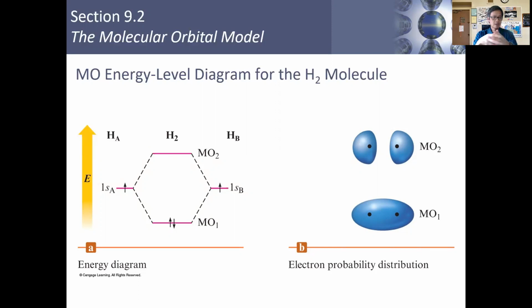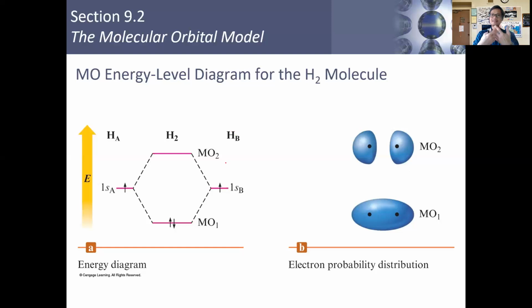Essentially, these atomic orbitals, which are wave functions that we talked about, come together and interact with one another either in a constructive manner or in a destructive manner. Make sure you understand that. An example we gave was two hydrogens coming together. I chose hydrogen because hydrogen is the simplest atom. You have one electron in the 1s orbital, and it's easy to understand when you take those two orbitals, the 1s orbital from one hydrogen atom and the 1s orbital from a second hydrogen atom,